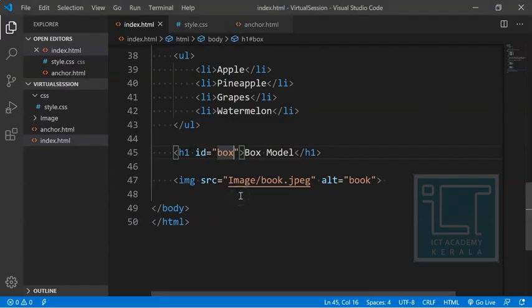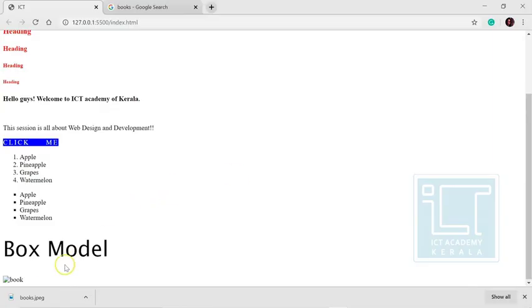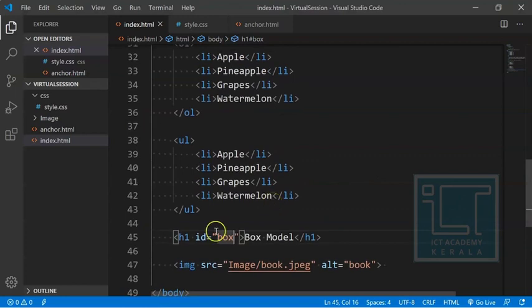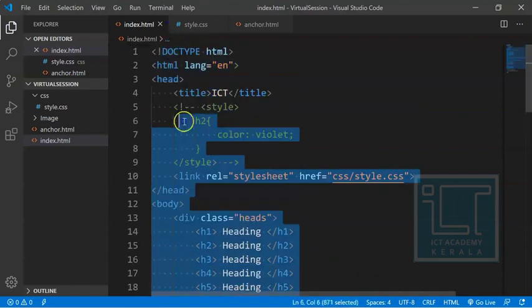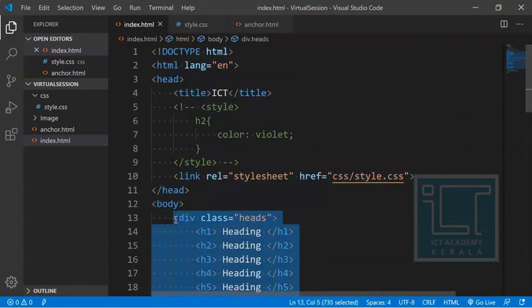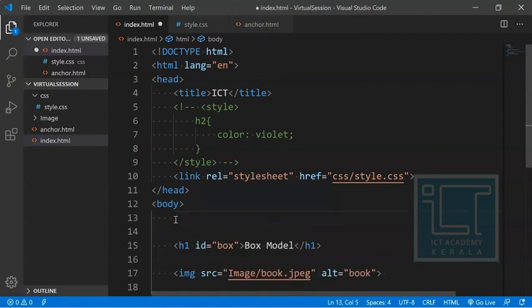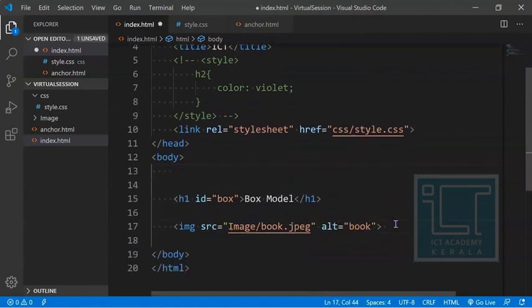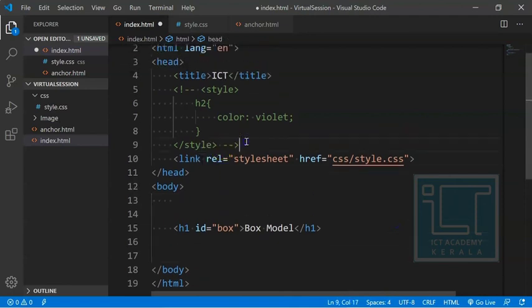Now I am going to tell you the difference between a border, a padding and a margin. These are the three important things that you must understand while you are creating a website or you are going to be a web developer. Okay, so I have included an h1 tag. First of all, let me comment out all the above content so you can get a better understanding. Or I may delete it. Fine, Control X, I would like to delete all these stuffs.